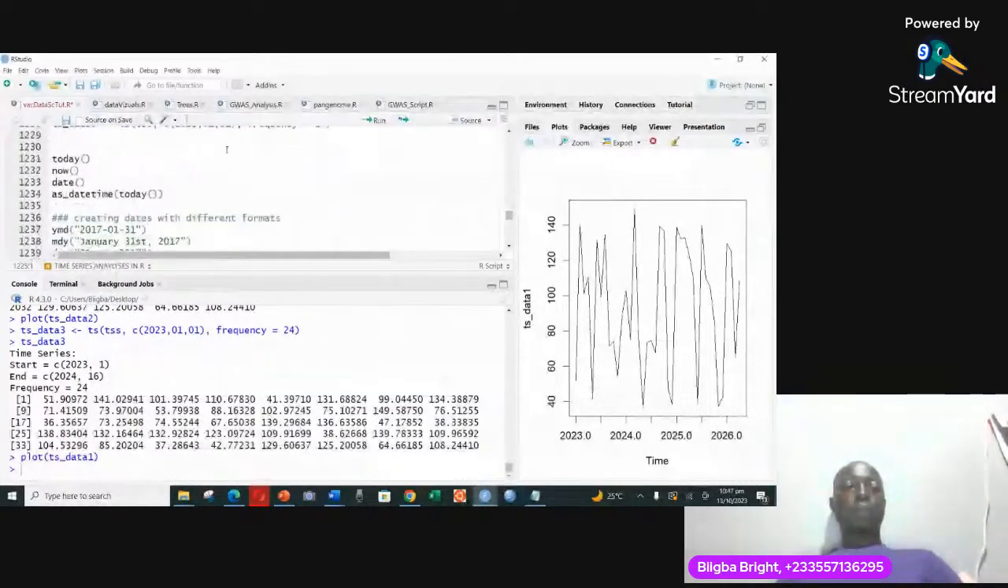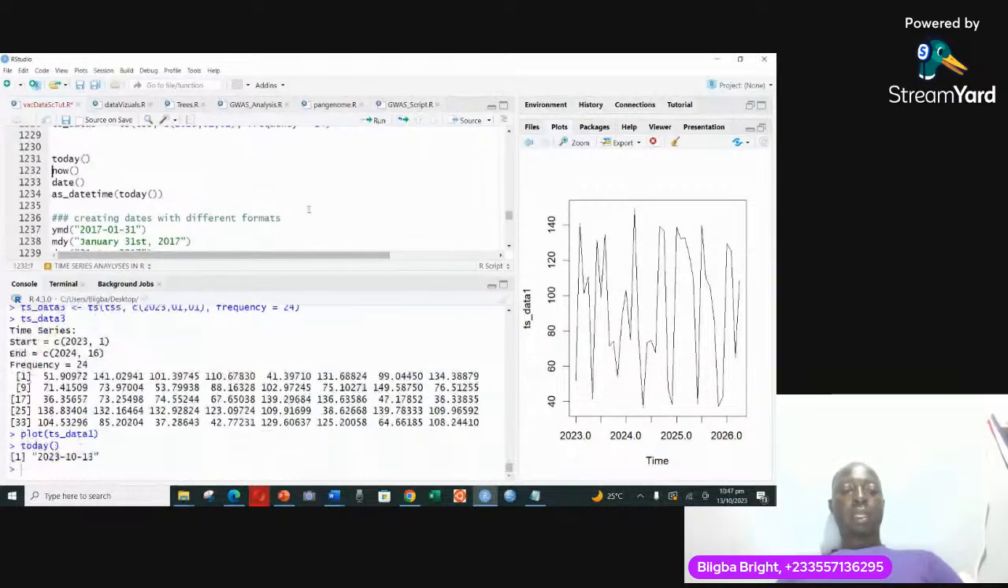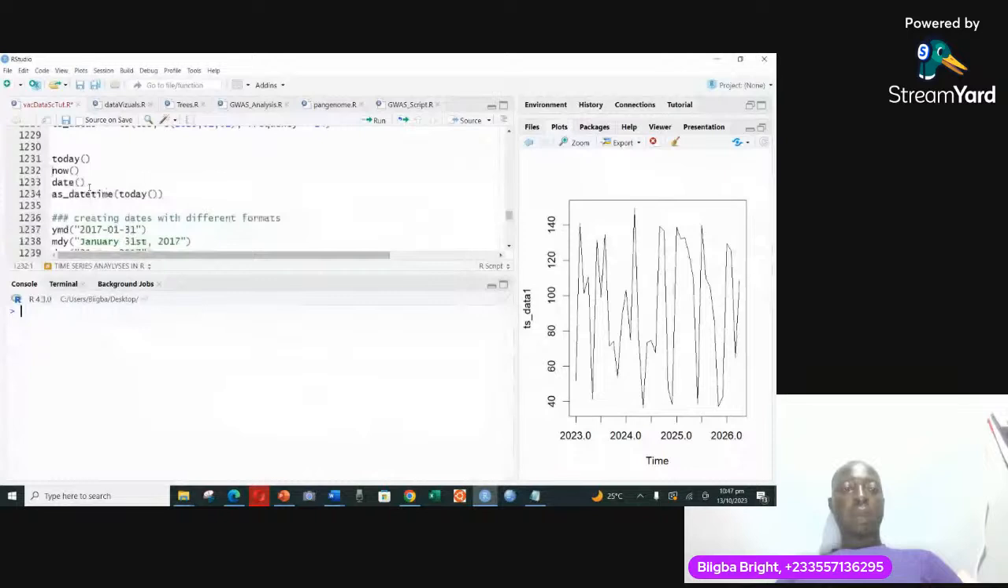Now, these are some few basic things that I want you to pay attention to. In time series analysis, when you say today, just put today and then run this function. What are you going to get? It's going to give you today's date. Today is 13th October. As you can see, it is written here. What if you want to know what the time is now? I'll just say now and then run it. And then it's going to tell me the time now is